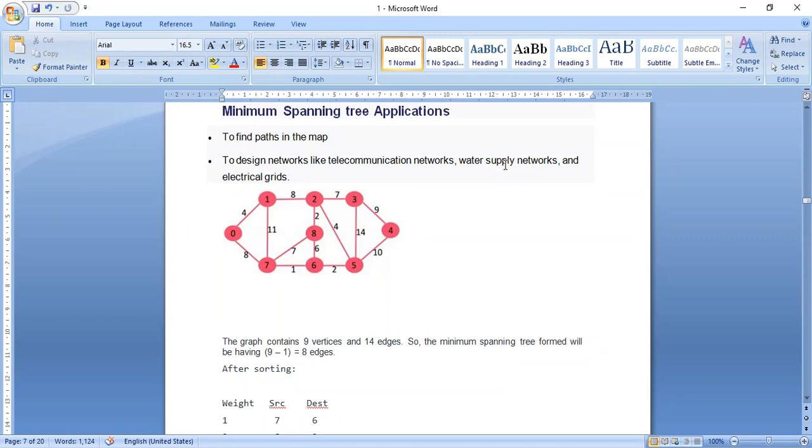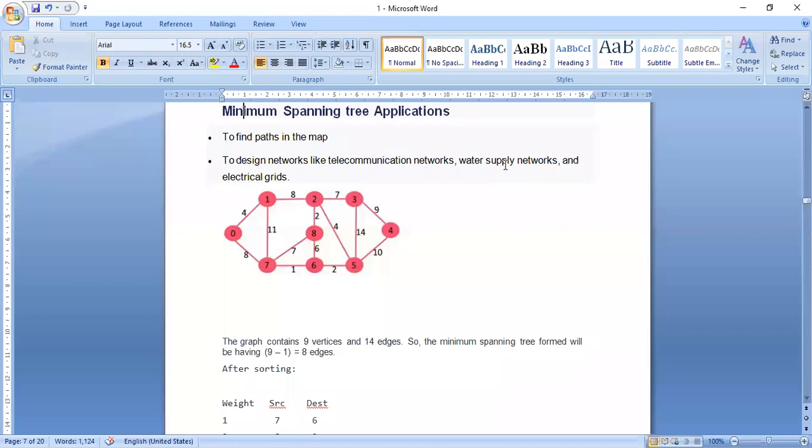Okay. In the same way, electrical grids. If you see the electrical transmission lines, you will be seeing high voltage lines somewhere in our fields, in our paddy fields, or somewhere very few will be there. So what the electricity departments see, if they want to connect all the cities in the country, is that with minimum transmission lines, they should connect all the cities in the given country. So these are the examples in which I will be using this minimum spanning tree.